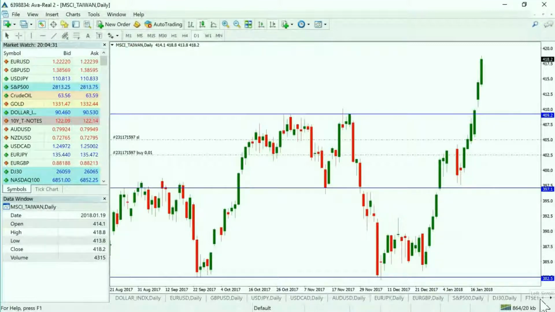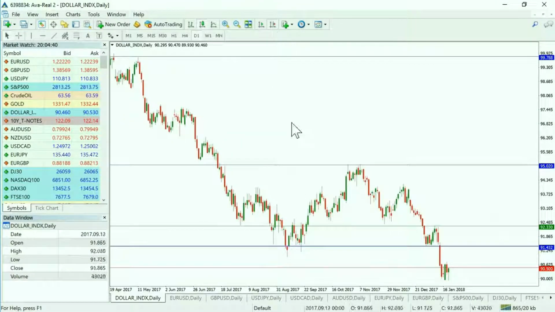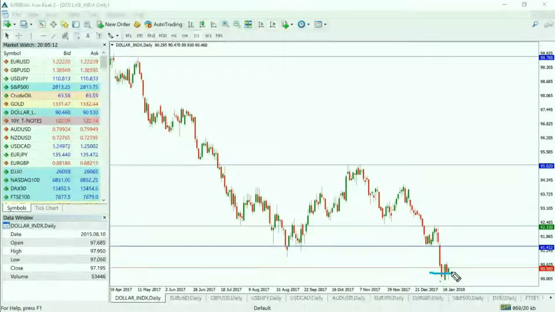Okay, so let's start with the dollar index. The dollar itself is an interesting animal at the moment. You can see the bearish nature of it. So without a shadow of a doubt, there's bearish tendencies. Just recently, over the last week, we've had a potential opportunity to go short below 90.50. That was the weekly level from last week. And although that existed, you can see what happened to the price action over the course of that week. We did get the confirmed break beneath the low, but since then, price has effectively just moved sideways.